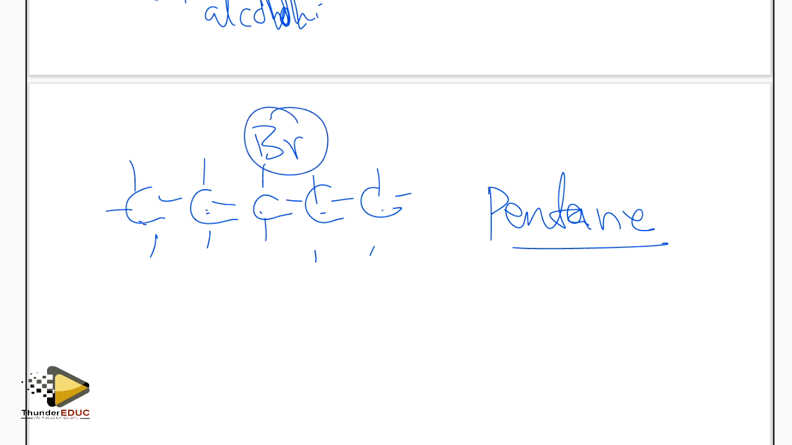So it's going to become 1, 2, 3. Bromine is on carbon atom number 3. If I count from this side, 1, 2, 3, still is the same thing. So it's going to be 3-bromopentane. So that's how we name it. Let's go to some of the questions and we see